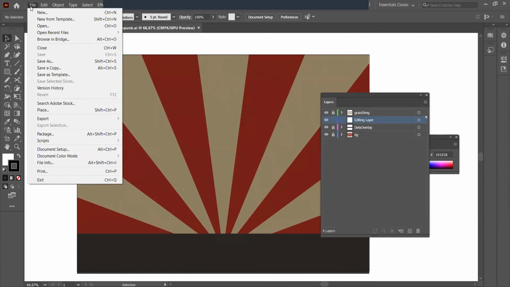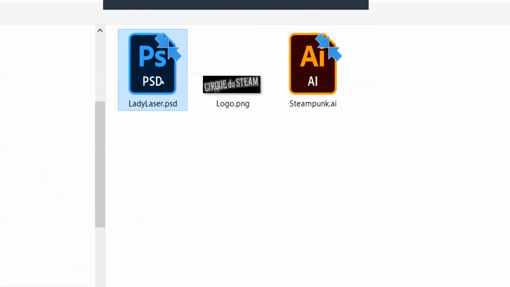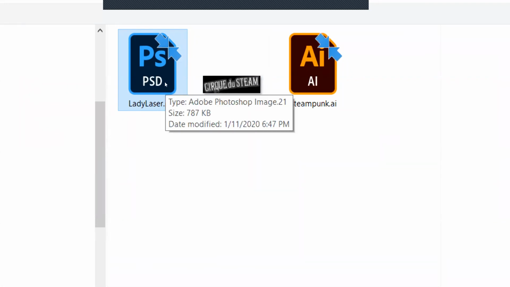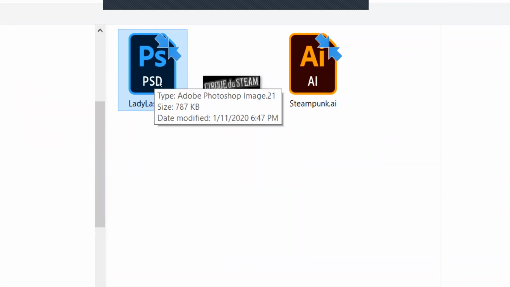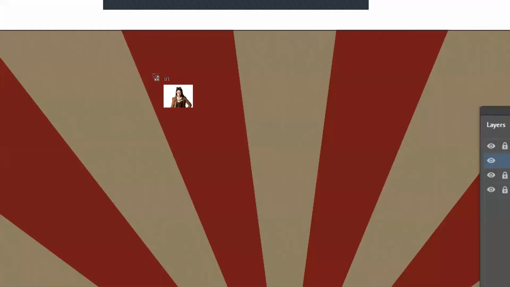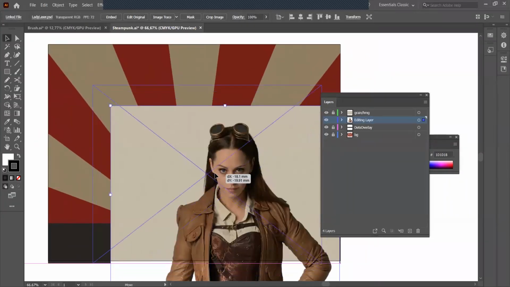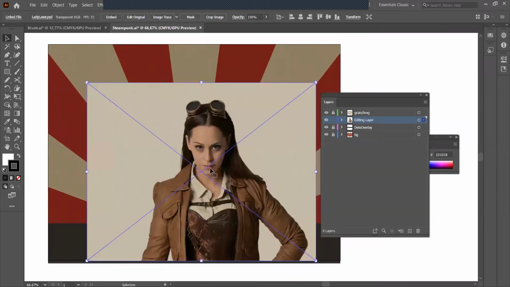Go to the File menu and then choose Place. I want you to open the file. Place this file, Lady Laser. And click here. This file is in